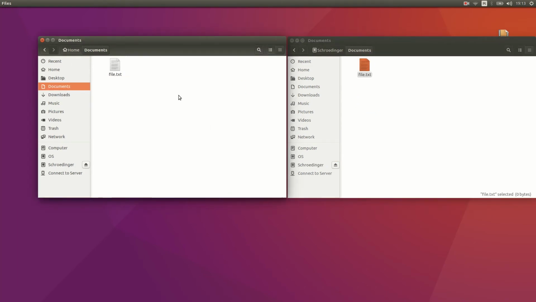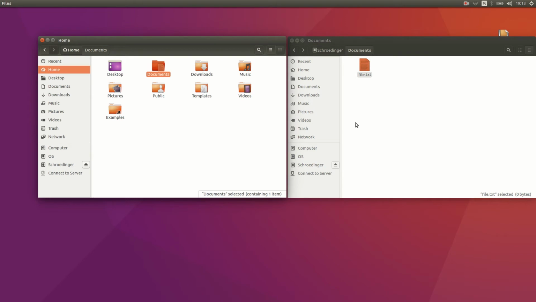It will make a copy because it's on another partition. Make sure the files are stored. You can make a backup just for insurance, and then we just delete our documents folder